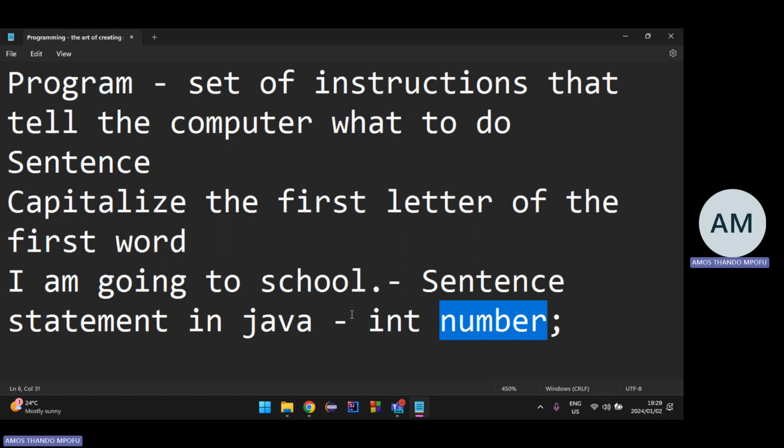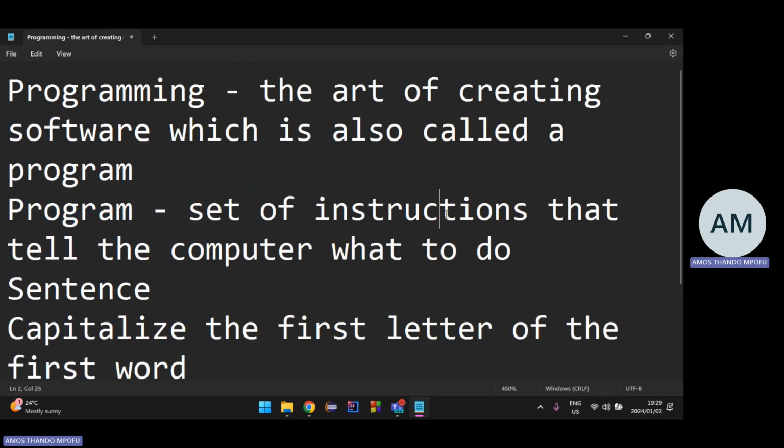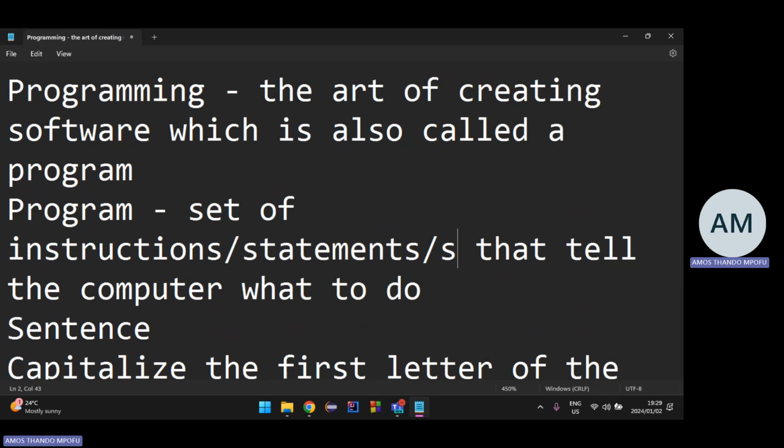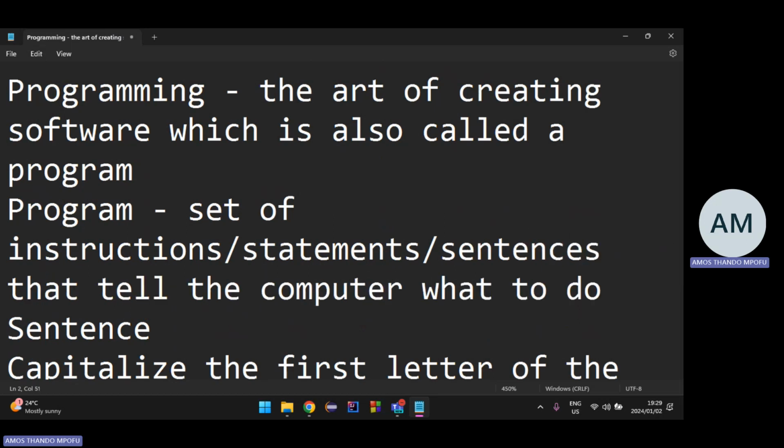There's rules involved. So as I was saying, the program is just a set of instructions, just a set of statements. You can say instructions or statements or sentences if it confuses you a bit, but these words are just interchangeable. The correct term for it is instruction, but you can use other words to give it more meaning so that you understand it a bit better. Statements, sentences, one and the same thing.